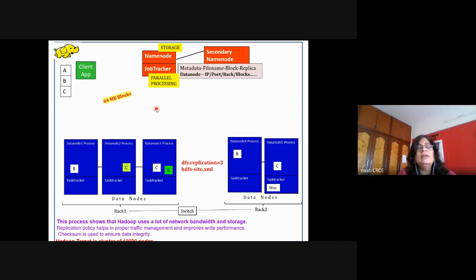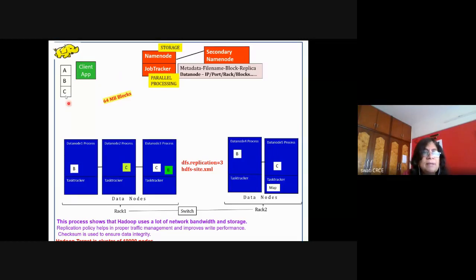Okay, so we are having a recap of Hadoop, HDFS and MapReduce. Whenever you want to do any analytics with big data, there are two steps. First is the storage of data on the distributed machines, and then the parallel processing. For storage we are using HDFS, which I have already told you.